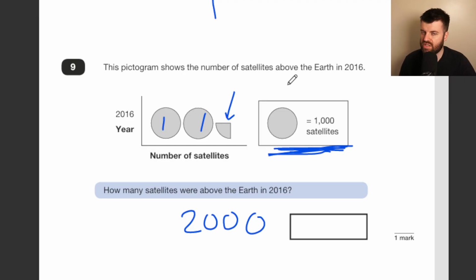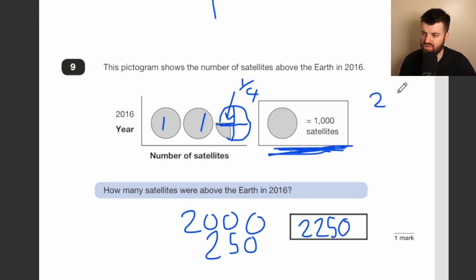And this question actually turns into a fraction question. What fraction of a full circle is this? Well, we can draw this to help us. Really crudely, badly drawn. But you can see there, 4 of these would make a whole circle. So we've actually got a quarter of 1,000. A quarter of 1,000 is 250. So we have 1,000, 2,000, and 250. The answer is